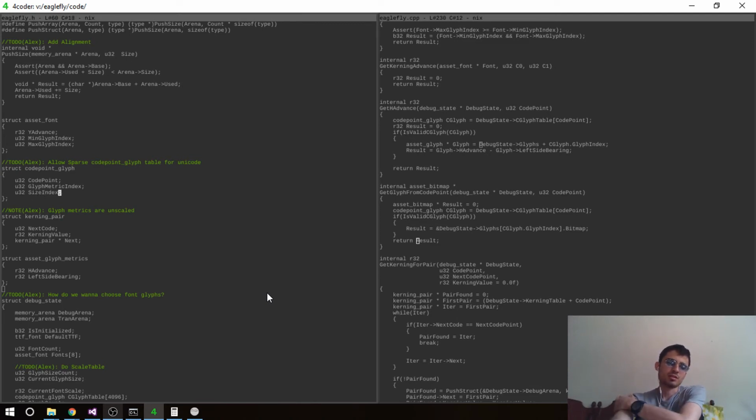So we don't care about, yeah, the scale is the thing that we want. So the size index, the metric index, and the code point. Yeah. And we probably want